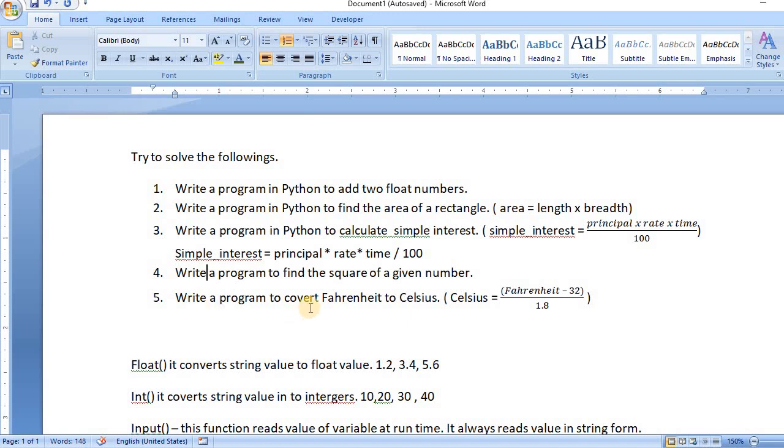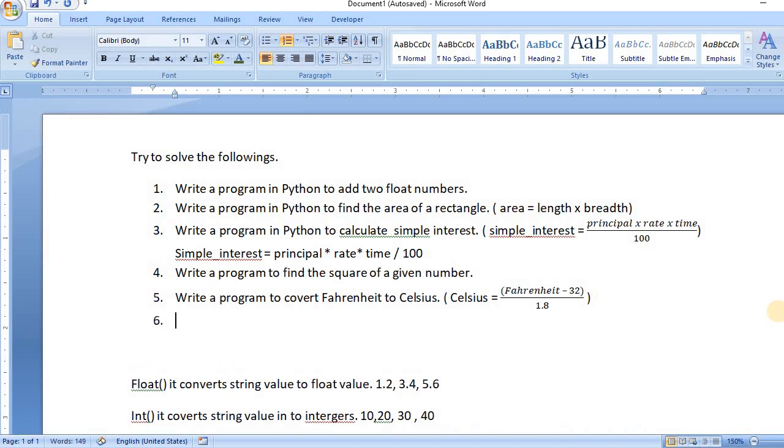Okay, the last one is: write a program to convert Fahrenheit to Celsius. So you have to read the value of variable Fahrenheit, and the Fahrenheit temperature will be converted into Celsius with this formula. So look at the formula. This formula you have to write in Python. So how will this formula be expressed in Python? Suppose Celsius is a variable, so Celsius equals to Fahrenheit, which is also a variable,